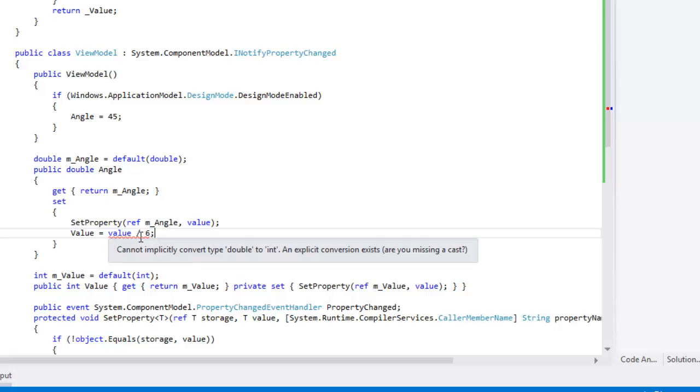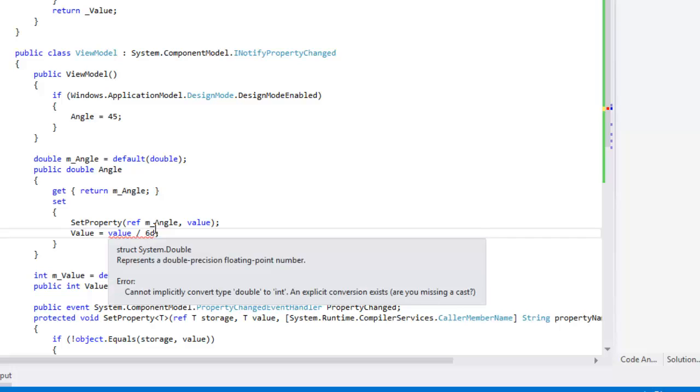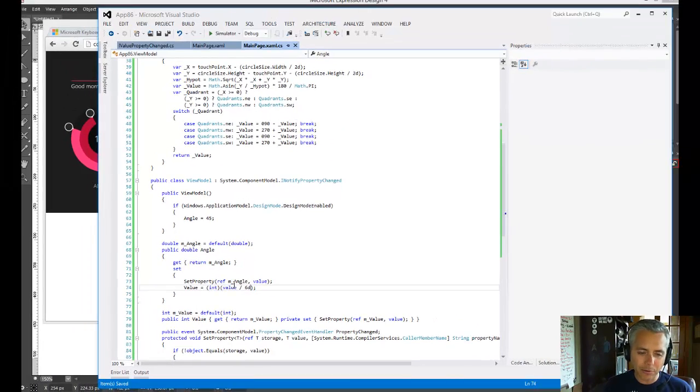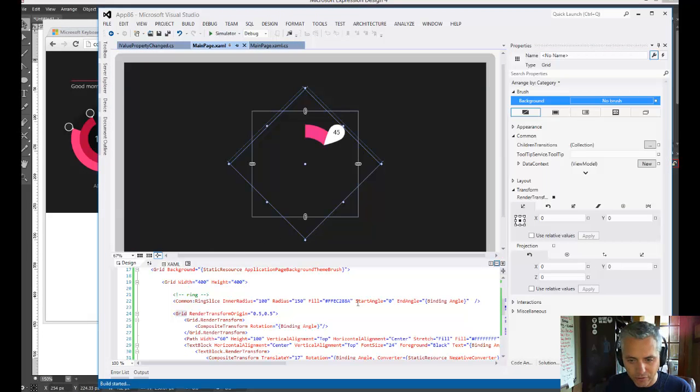Because I can't convert it, no problem. I'll do it like this. Now I can't convert it into it. All right, wait, that's not going to work, but that will. Bam, bam, and it'll do the division, and then it'll just round it into an integer for me. That will set my value every time the angle is set, so I want to bind now to value,